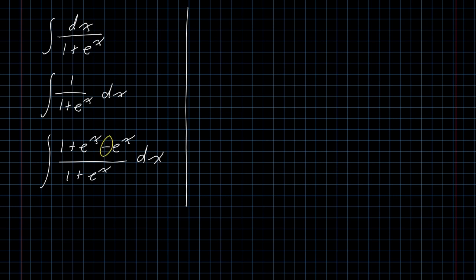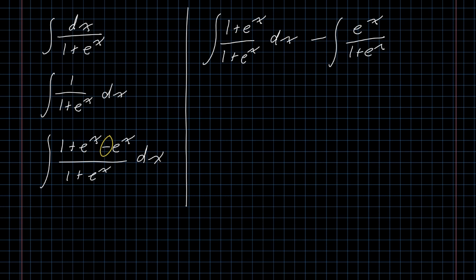Specifically, I'm going to split it up over that bit of subtraction there, and I'm going to break it into two separate integrals. So I have the integral of 1 plus e to the x over 1 plus e to the x dx, and then I'm subtracting the integral of e to the x over 1 plus e to the x dx. In the first integral, I have the same thing in the numerator and denominator. Those go away. In the second integral,